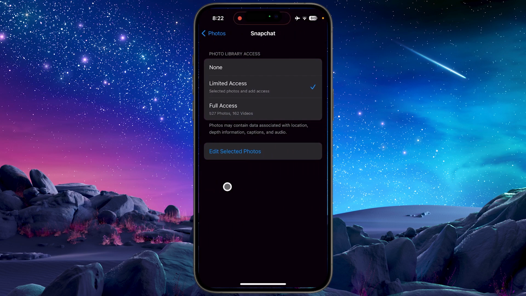As you can see, it is Snapchat. Tap here once, and from here, as you can see, it says full access. Now if you don't want Snapchat using your photos application, just tap here none. Now Snapchat won't be able to access any of your photos from